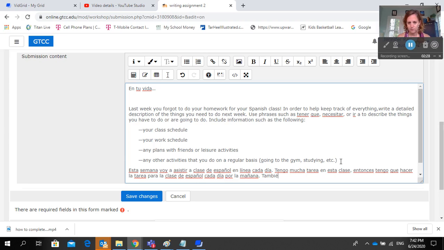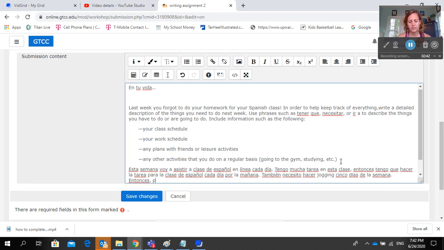También necesito hacer jogging 5 días de la semana, entonces pienso